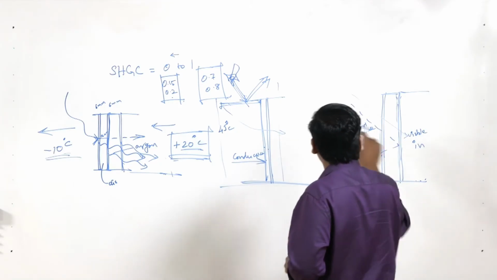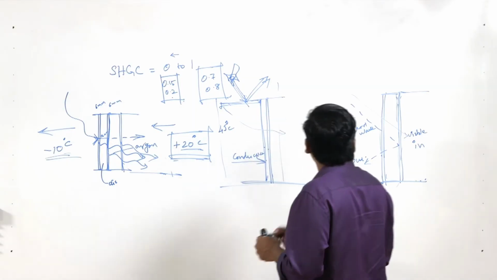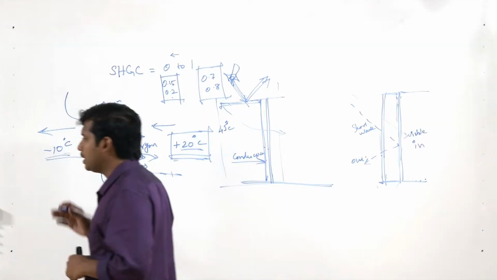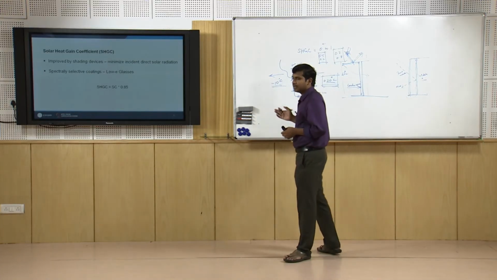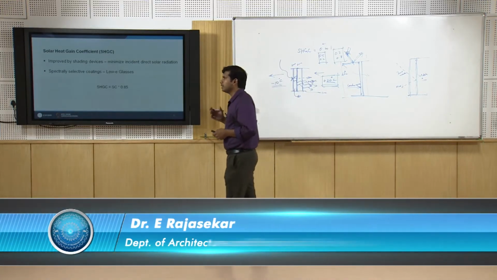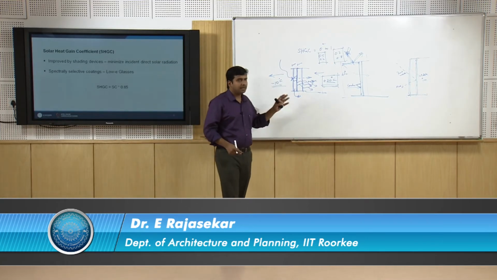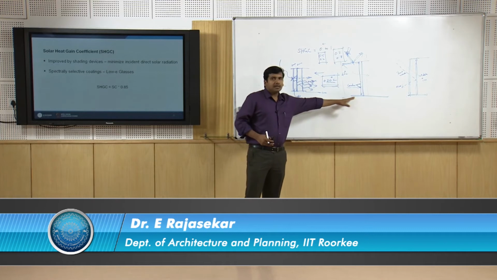The short wave radiations are reflected back while the visible spectrum is allowed in. That means it allows light to pass through, but it cuts down the short wave radiation. If you go back 25-30 years in time, to the moment when people realized that this clear glass or clear glazing